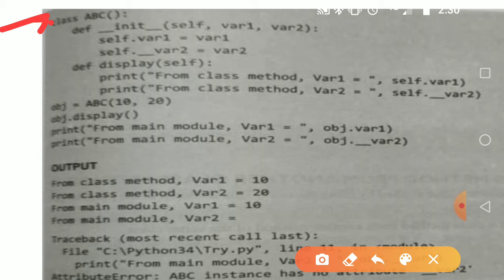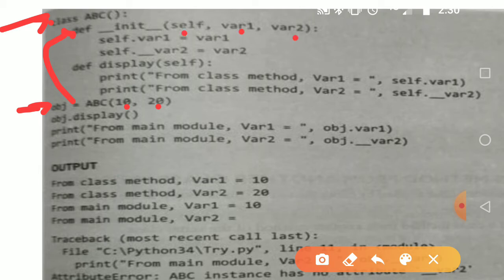Now outside the class there is one object created, ABC, by passing two parameters, 10 and 20. Once we create the object of any class, we know it will execute the init method of that particular class. So once we create the object obj, it will execute this init method. During object creation we have passed two parameters, so these parameters will get caught by var1 and var2.